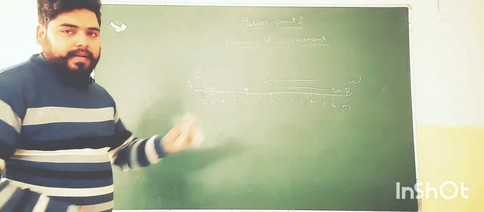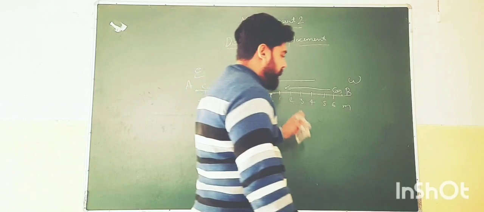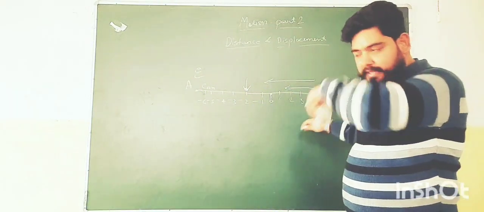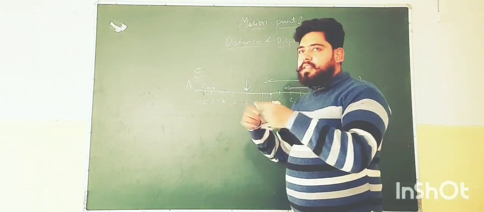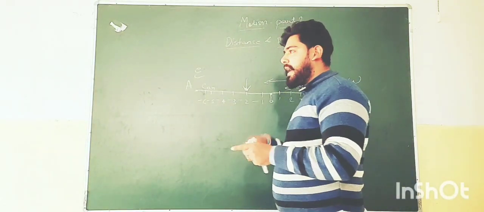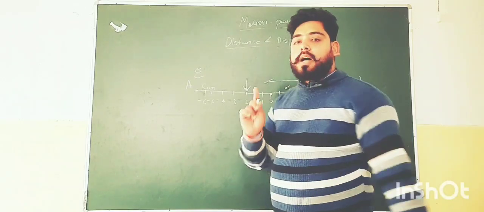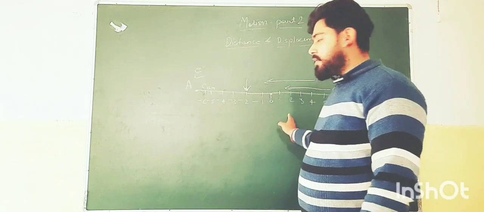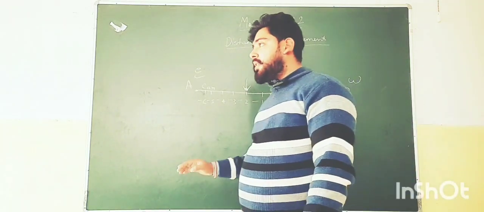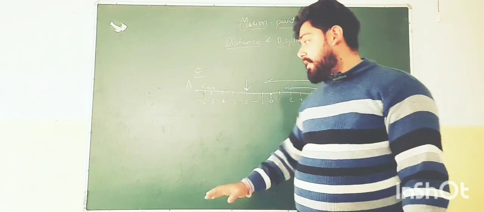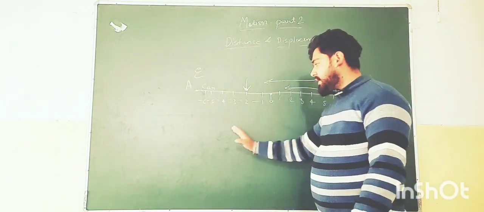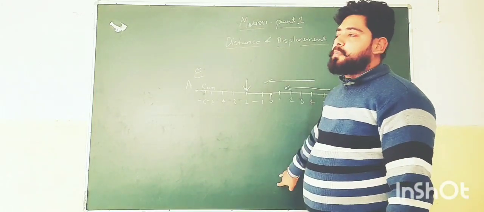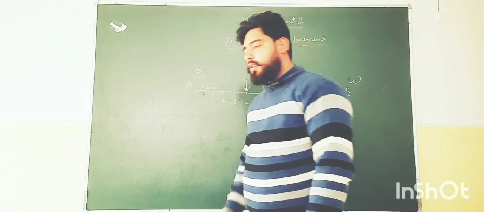Firstly, the distance we have taken that came. Secondly, whatever the thing was there in the straight line was the full straight line path. In the straight line, if the body is moving in the straight line, at that instant, the distance and displacement both are equal. The magnitude of both are equal. Direction, displacement will need, there it can change, but the magnitude of both will be same. Like we have seen here, the answer of this distance, magnitude was 8 only, and in the displacement also the magnitude was 8 only.